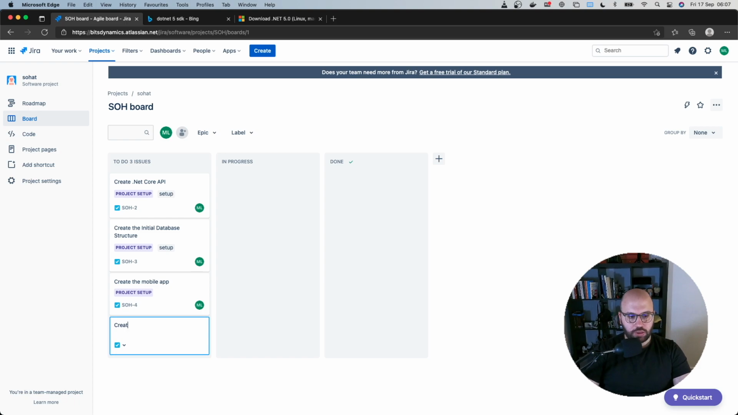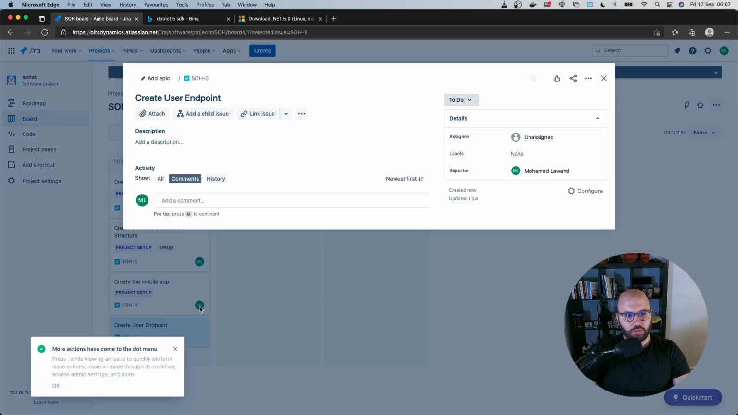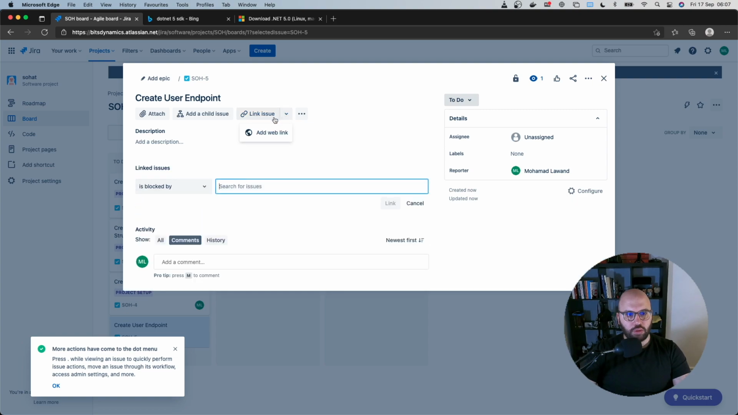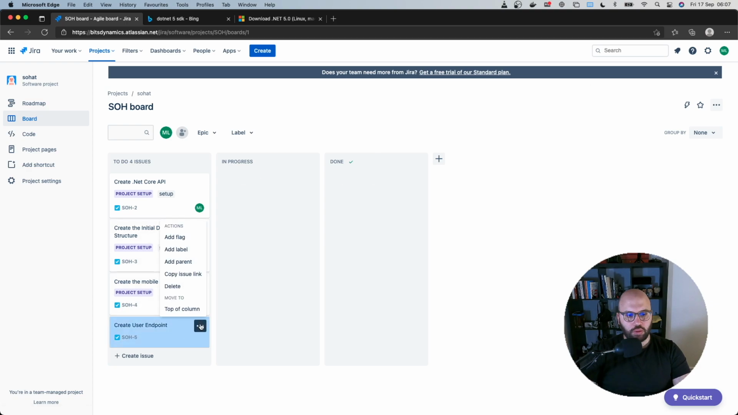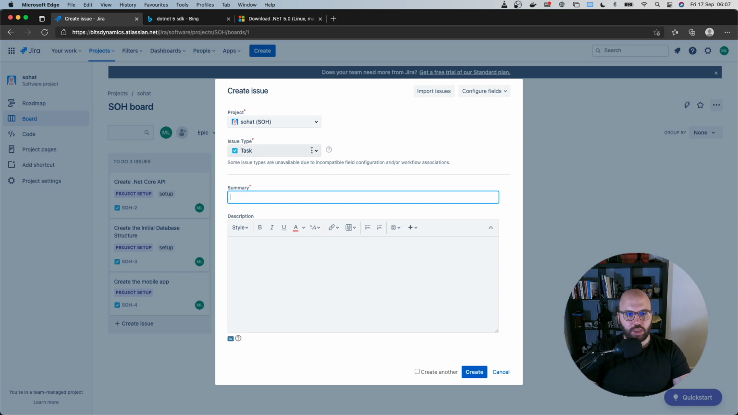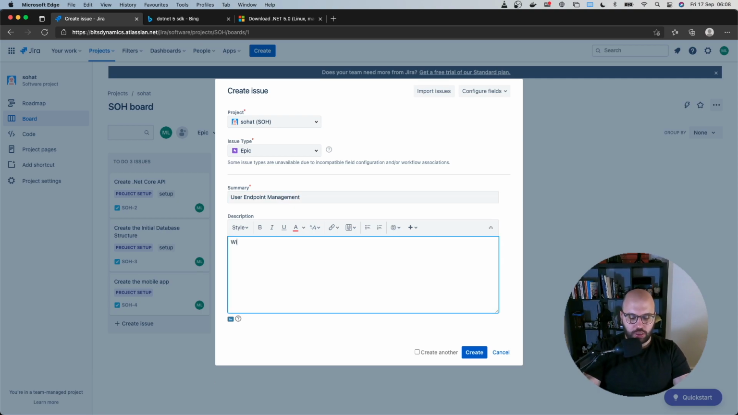So we're going to make it create user endpoint. And so first let us click on create, and then basically we're gonna make this an epic, and we're gonna call this user endpoint management, and then we can say within this endpoint we will have the following